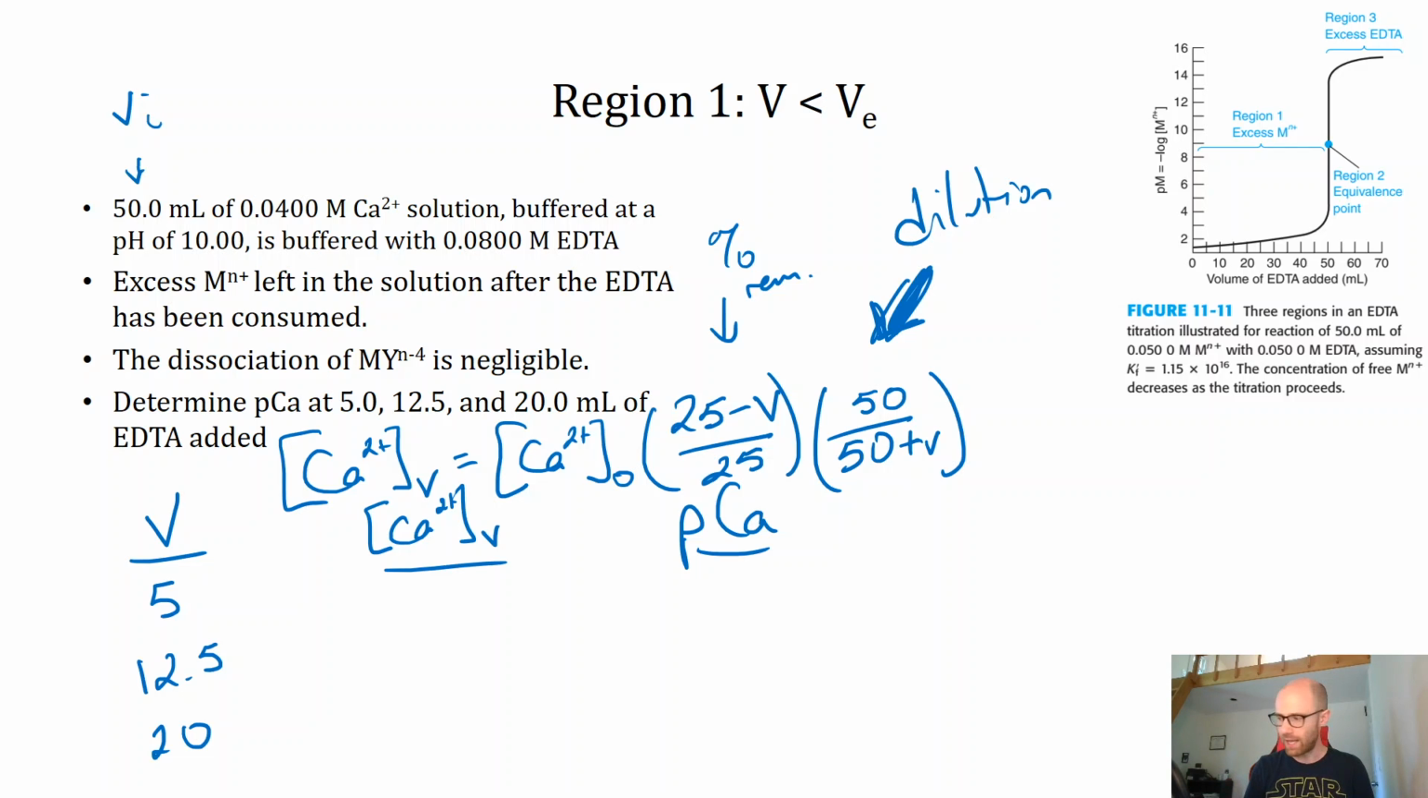Good. So here's what I got. Our calcium ion concentration is 0.0291 at 5 milliliters of EDTA added. At 12.5, we're at 0.0160. You might say it's 0.02, but don't forget that there's been a dilution there. We've added 12.5 milliliters, increased our volume by 20%, so we decrease by 20%. That actually makes perfect sense. And then at 20, we're at